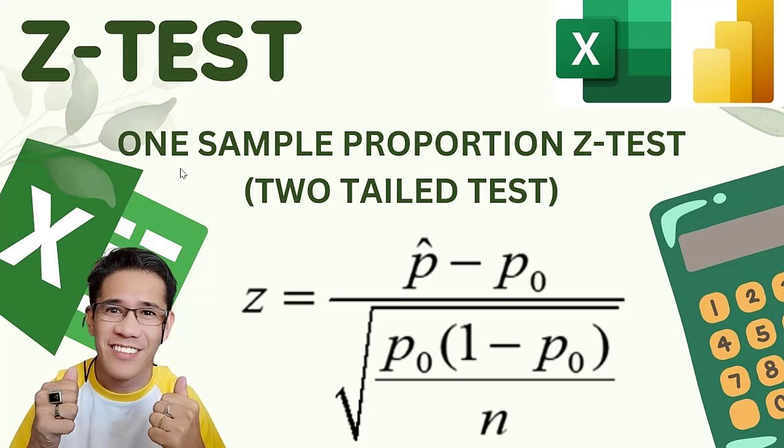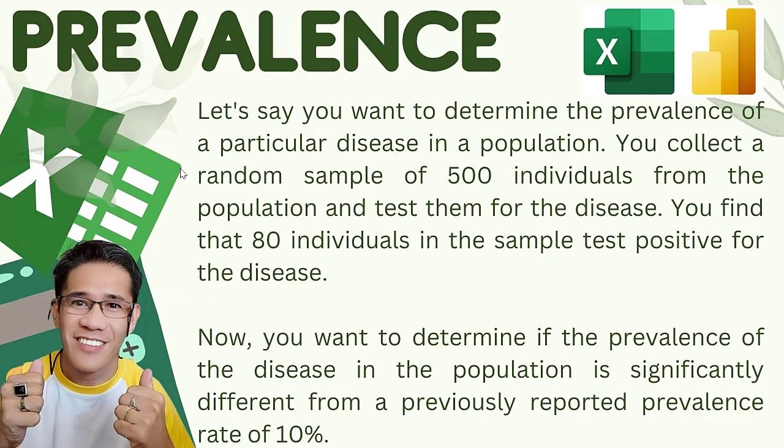In my previous video, I already defined what one sample proportion z-test is all about, specifically when we want to perform a two-tailed test. Another video was uploaded to discuss when is one sample proportion z-test best to use, or when to use one sample proportion z-test. In this video, I will discuss, demonstrate, and illustrate how to use one sample proportion z-test in